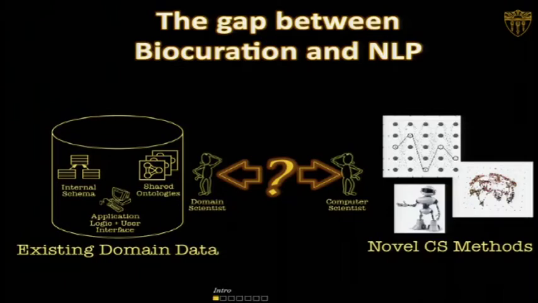useful for biologists. And of course, the novel computer science methods that are developed within the field of NLP, natural language processing, really push forward in order to make the process of putting data into databases that much easier. And of course, there's this big question mark in the middle of this slide indicating that people have actually done a lot of research in both areas, but as yet, we haven't managed to join the gap and bring things together. So the whole purpose of the meeting today is to really try and be practical about this and to ask the question of how can we really solve this problem.